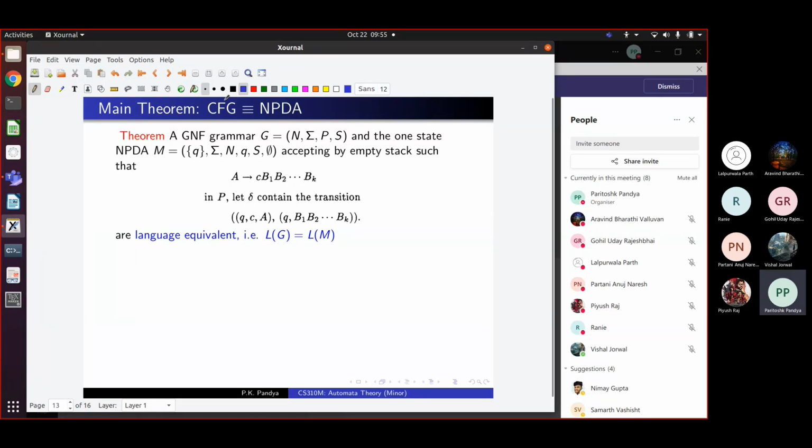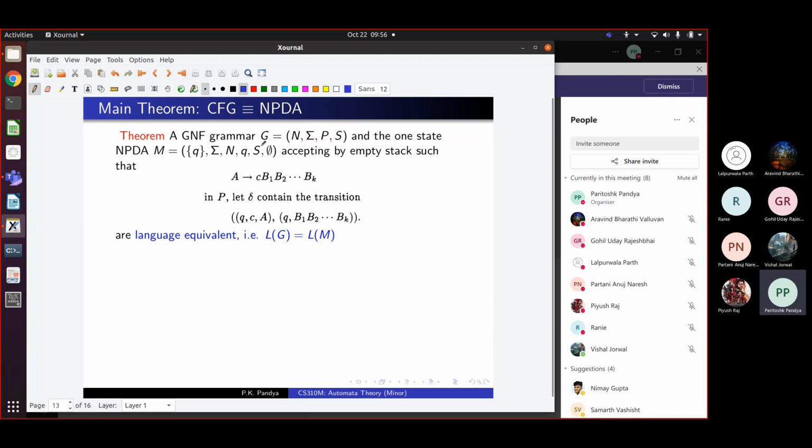Okay, just as we had regular expressions and we showed that the languages accepted by finite automata are exactly the same as the languages defined by regular expressions, here we say that the languages generated by context free grammars are exactly the same as the languages accepted by push down automata. This is an exact equivalence. Of course, that makes push down automata more powerful than finite state automata, because they can recognize a wider class of languages.